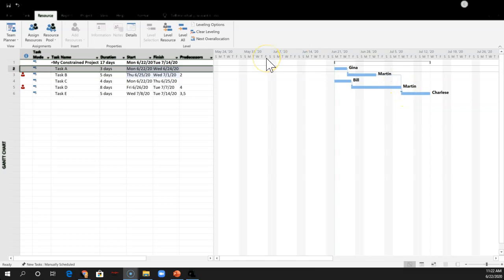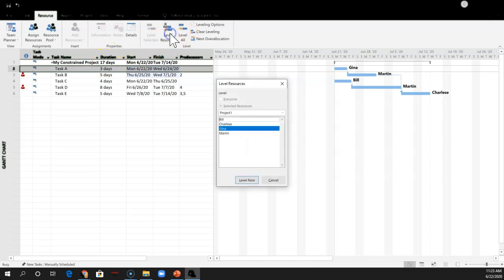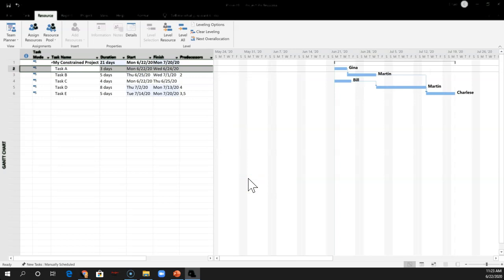Now, the basic thing that we learned in the past that we can do when we have a resource that's over allocated, shown here, is we just use the level resource. And right now our total duration is 17 days, so we could do that. Let's see how it affects our schedule. And remember, depending upon when you start and where the weekends fall, you may get different results depending upon when you build your model. In this case, it adds 4 days, so we go up to 21 days.